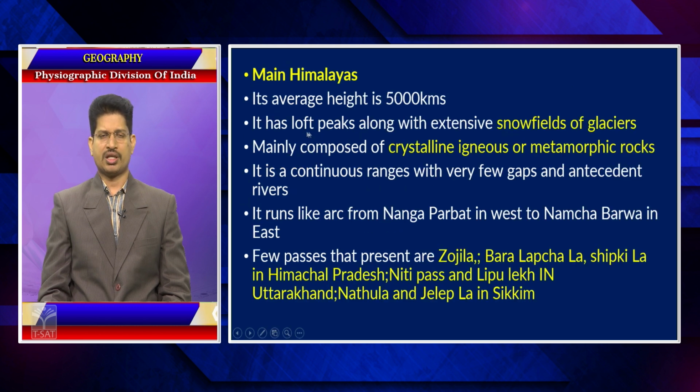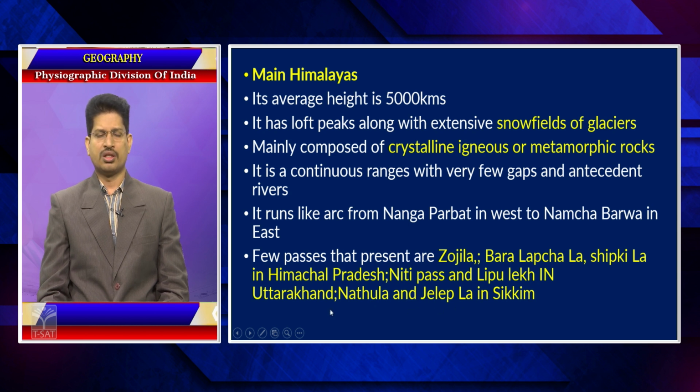So the main Himalayas have an average height of more than 5000 meters. The characteristic of this is a very huge extent of snowfields filled with glaciers. Crystalline, igneous and metamorphic rocks are present in this region, and this region has many different passes which are asked in objective bits. Passes like Zojila, Baralacha La, Shipki La, Niti Pass, the ones in Sikkim, Nathu La,